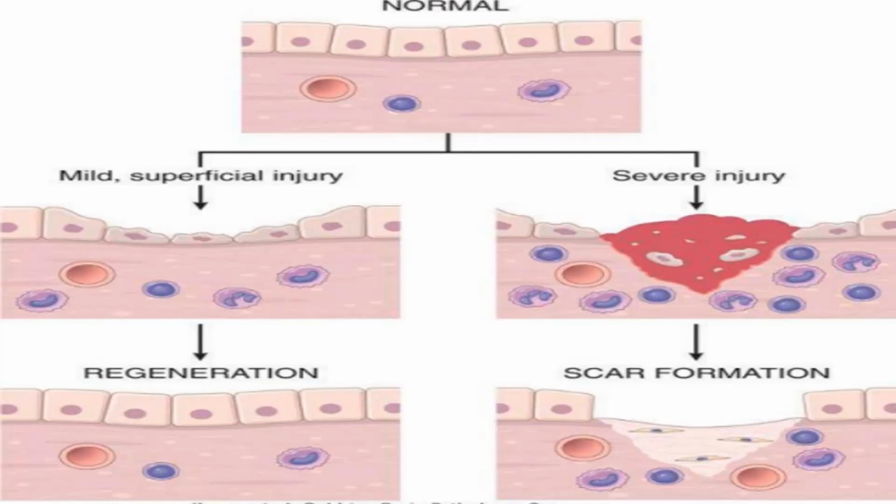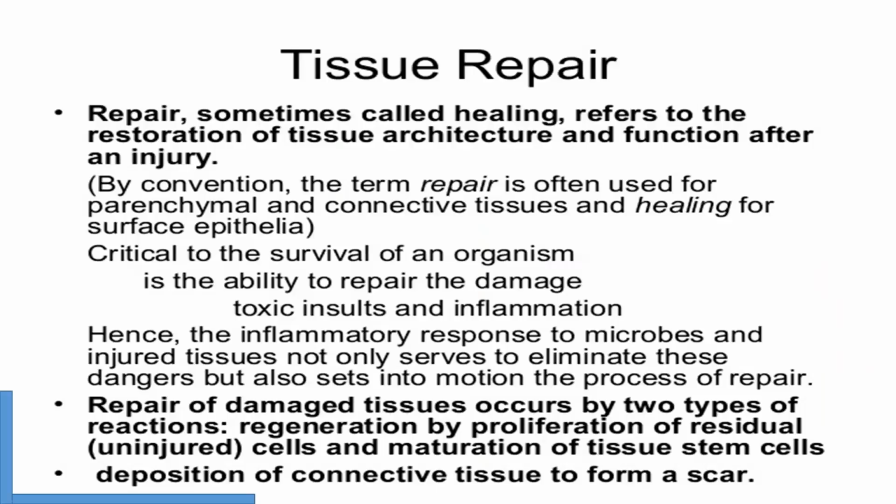Here, there is no scar. Epithelial cells have grown again in normal shape, and it is acting the same as it was before injury. But on this side, in the scar formation, it will remain like this, and the actual genuine epithelial cells from before injury cannot come again. So scar formation is a permanent repair of the tissues.